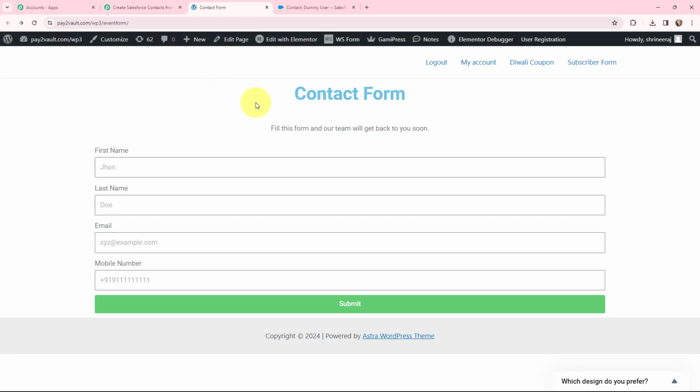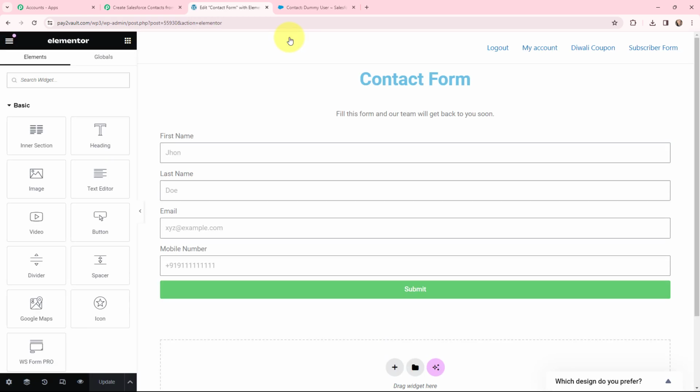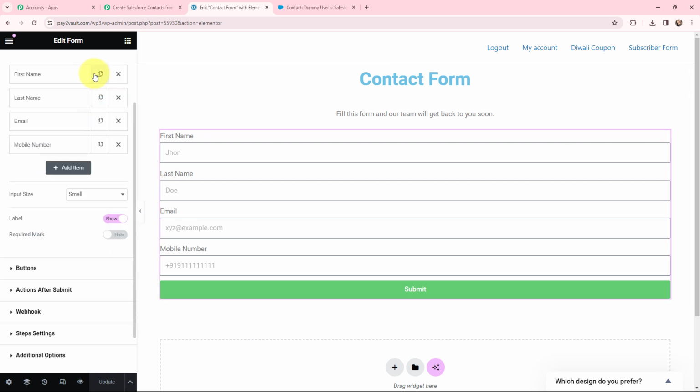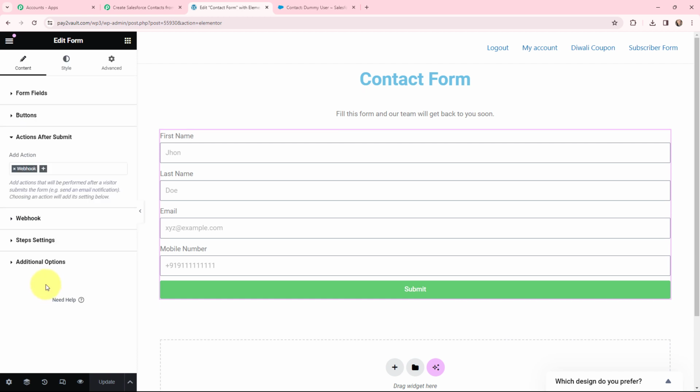So this here is my Elementor form, and now as I want to establish a connection between Elementor and Pably Connect, so in order to do that, here I'm going to click on edit with Elementor. So now I'm in edit mode. So here I'm going to edit this form. So as I've done this, I'm going to this left hand side corner, and over here I will go to this actions after submit. That means after the form submission, over here I'm going to add this action